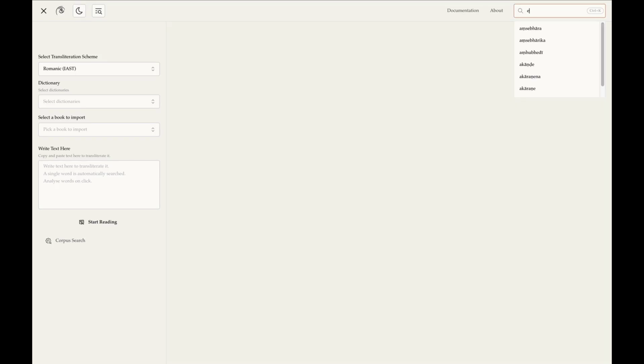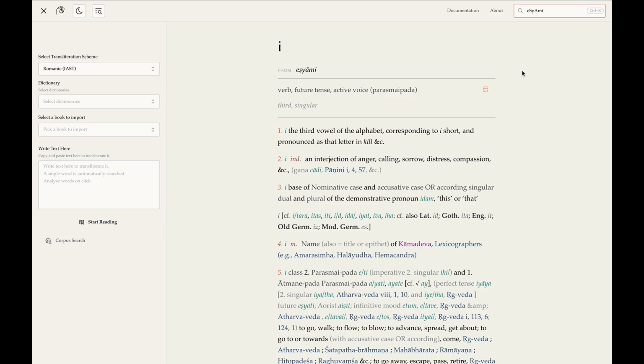Welcome to the introduction to Sanskrit Voyager, a web application to explore Sanskrit literature. Here we start with a basic function: dictionary search. It allows us to search for inflected, compounded and sandhied words. We searched for eṣyāmi. We retrieved the stem, the verb i, grammatical information, an optional inflection table, and entries from the